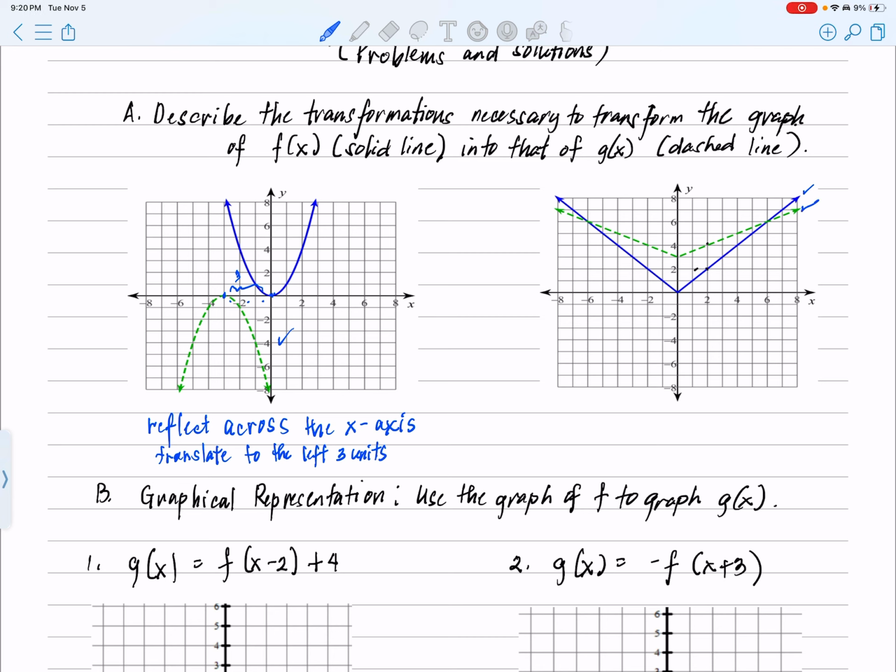It looks like it has been compressed. Okay, so I would say it's compressed vertically because the graph is approaching towards the y-axis. Okay, vertically by a factor of